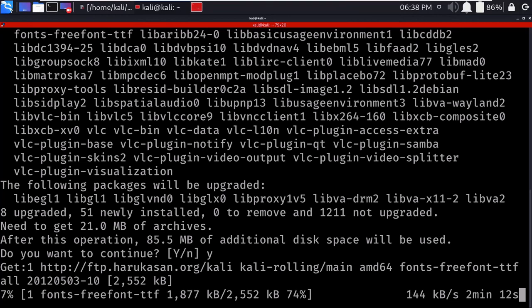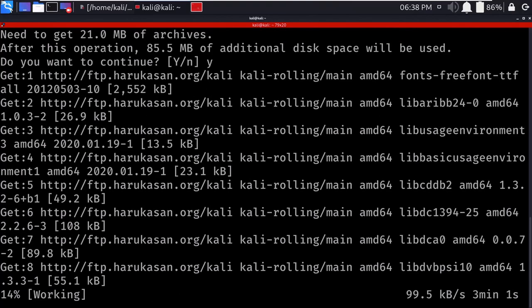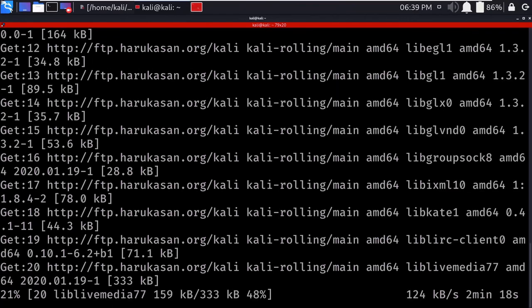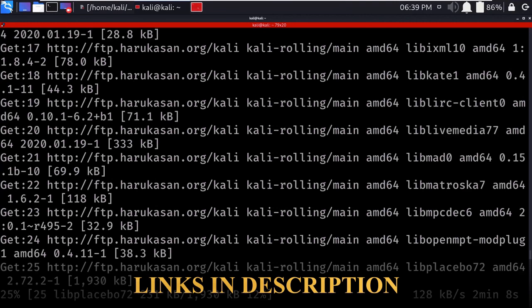The process and the installation have started. The repositories are fetching the VLC data from its remote server and serving the package to our system. So you need to add some repositories to solve this problem. I will list the repositories in our description box. You can check and copy and directly paste them into your sources.list file, and you need to update the system and your problem is solved.